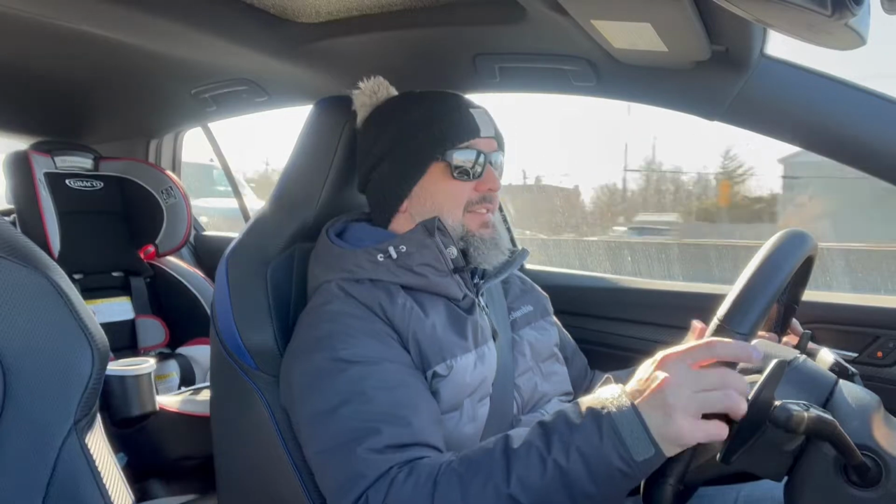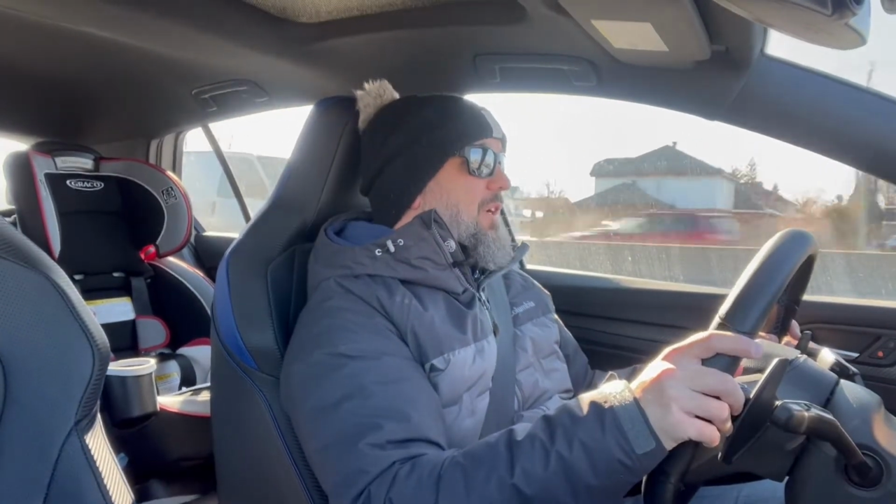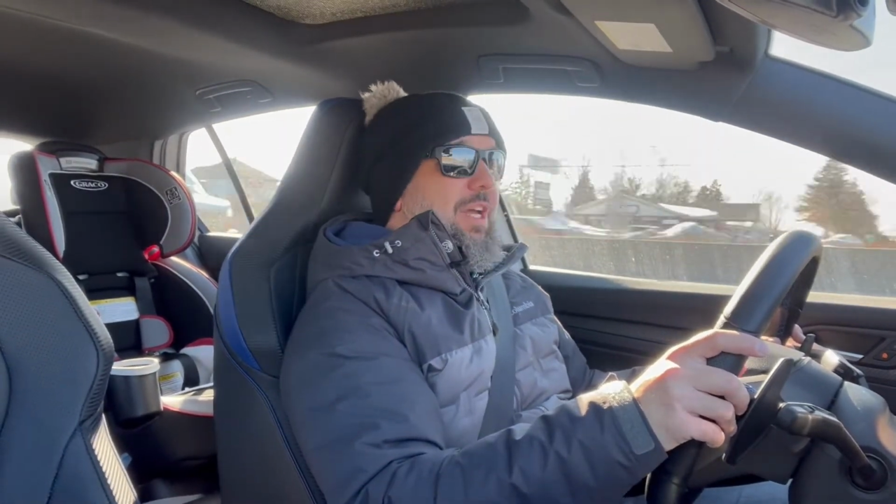I'm trying to lower the heated seats. See how distracting that is? Oh my goodness, I can't stand this crap. Anyhow, look. If the windows would...